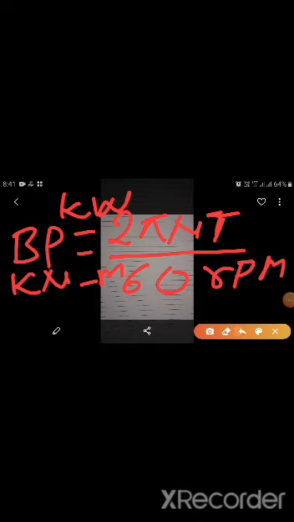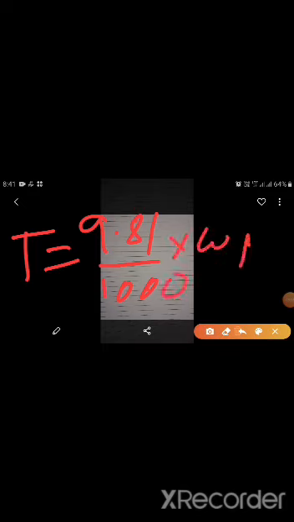But what is T? T is nothing but the brake torque absorbed by, developed by the crankshaft here. This torque is equal to 9.81 divided by 1000 into W into R here. Here, what is the W? It is the net load acting on the brake drum. R is the radius of the brake drum. So 9.81 converts the net load in kg into newtons here.